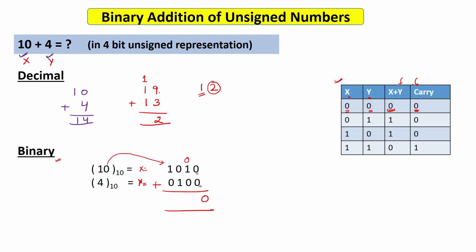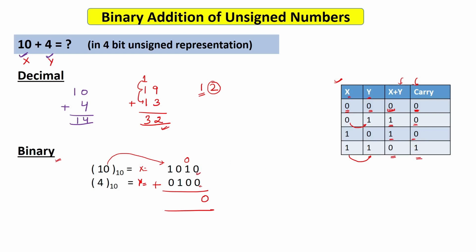The same concept applies here. Then you say 1 plus 1 is 2, 2 plus 1 is 3. In this way, the carry and sum are the same things as we understand in the decimal number system. This table says 0 and 1: the sum will be 1 and the carry will be 0. The same goes for 1 and 0: the sum will be 1 and the carry will be 0. But when you add 1 and 1, the sum will be 0 and a carry of 1 will be generated and moved forward.